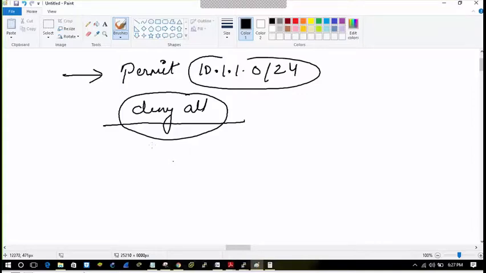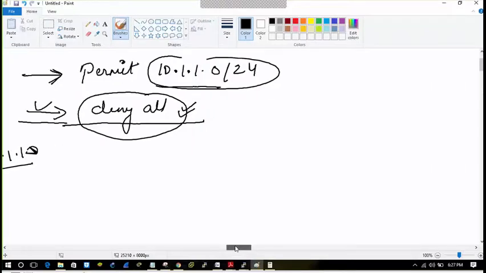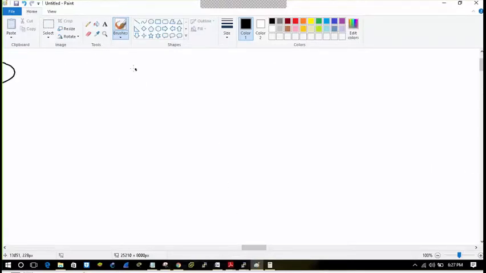You get it? For example, if a packet comes from outside that range, it will not match this, but it will match the invisible implicit deny, and it will get denied. So any other packet out of this range will get denied. So it is handy when you are trying to permit fewer packets, if you want two to three packets to be permitted. Now what will happen if you want to deny a single packet? For example, let's say in this case, I want to deny only this one.